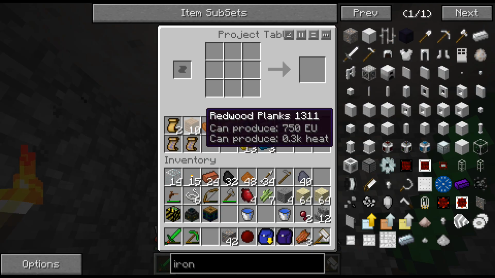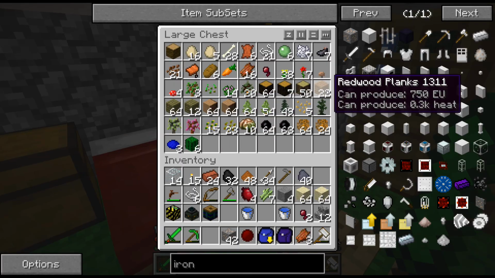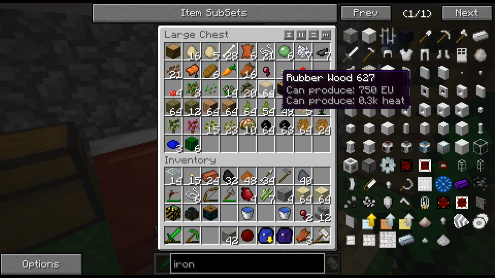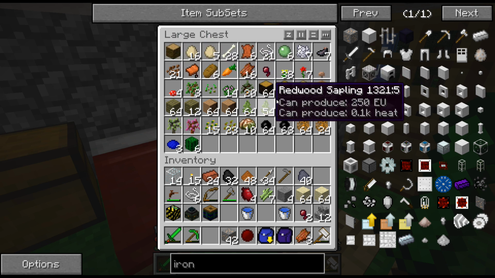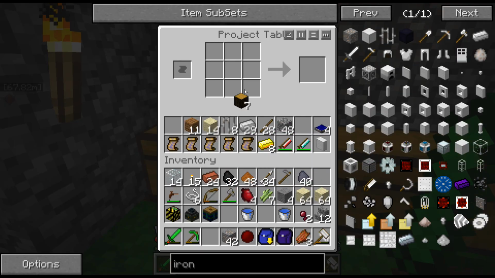I bet it doesn't work with the redwood. Let's get some regular wood out of here. Fir, it won't work with that either. Uh-oh. What will rubber make? Does that make regular wood? Let's check it out. Jungle wood. There we go. It'll work with that. Okay, so...